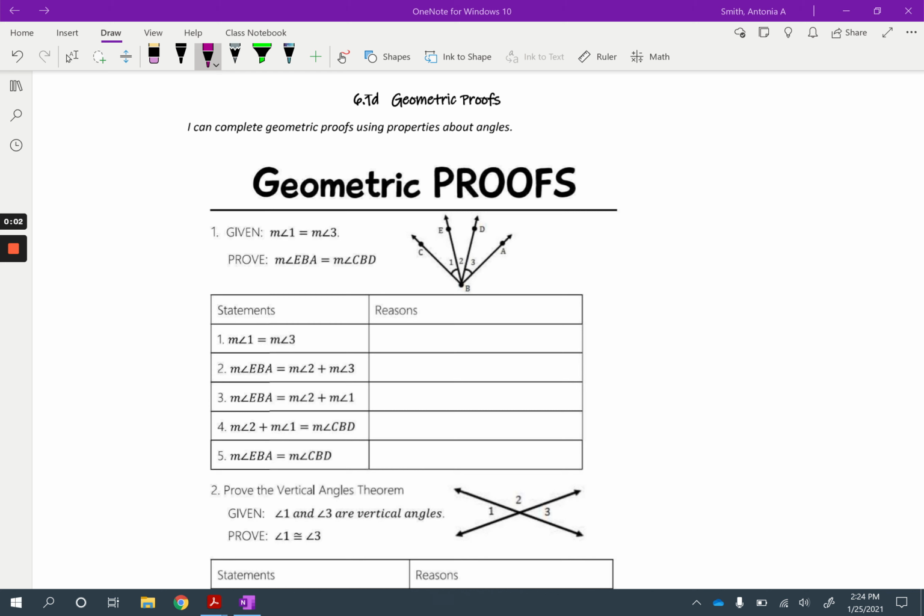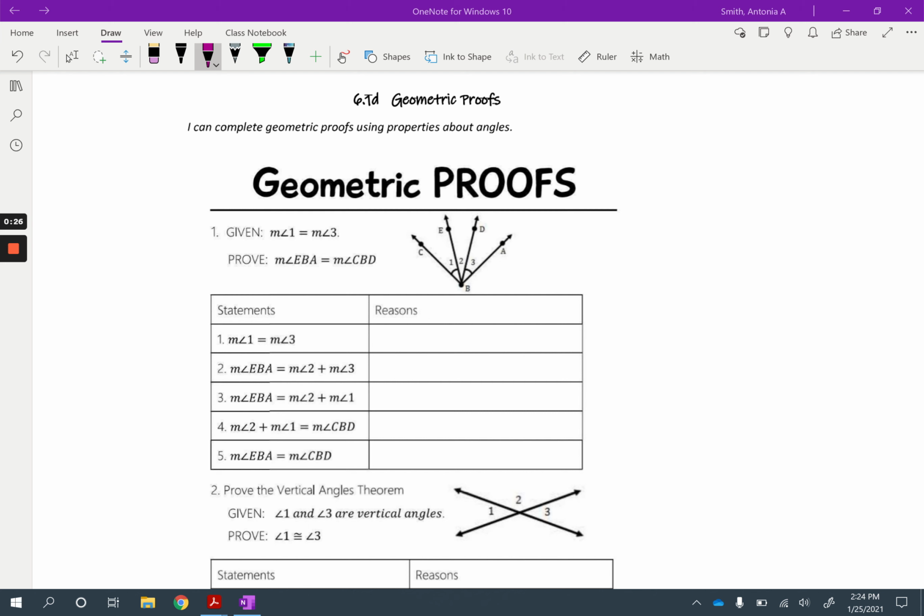Okay, so we've talked a little bit about proofs now. You've done some algebraic proofs. Now let's get into more of some geometric proofs. So remember, a proof is where you're given some information and you're proving some other statement using the information that's given to you. So our I can statement for this section 6.1d is I can complete geometric proofs using properties